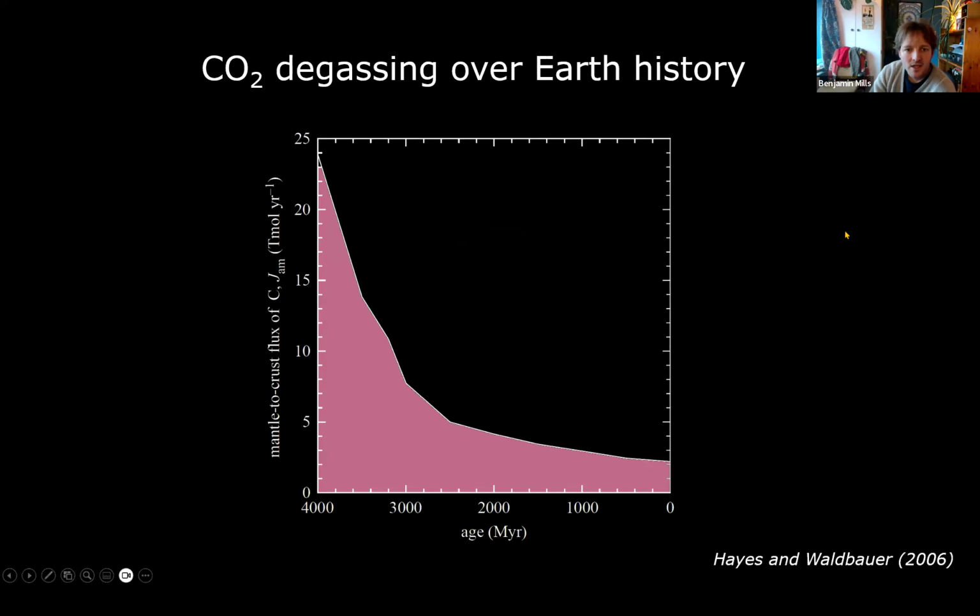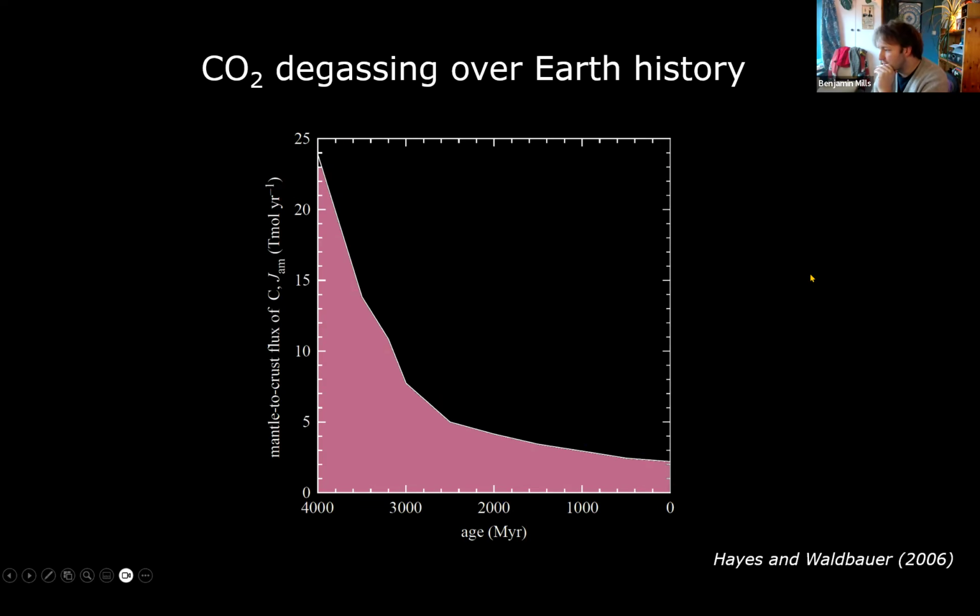And then finally, the input rate of CO2. We're reasonably sure that this has probably come down over time as well. This is based on there being a hotter early mantle, faster plate tectonics, faster rates of spreading, so potentially higher inputs of CO2 at mid-ocean ridges back on the early Earth than you have on the present day.